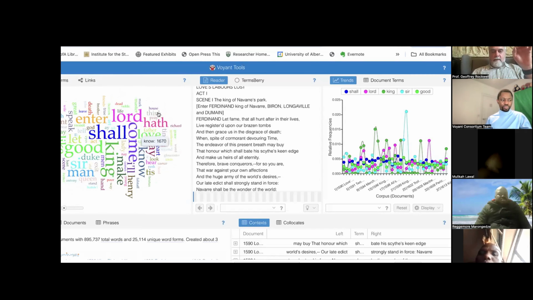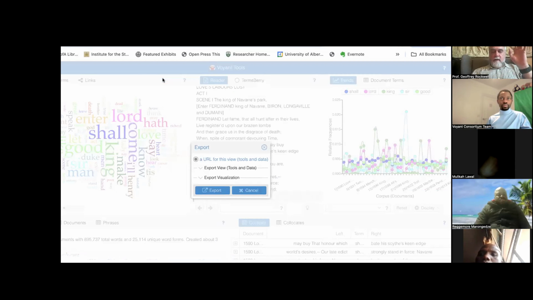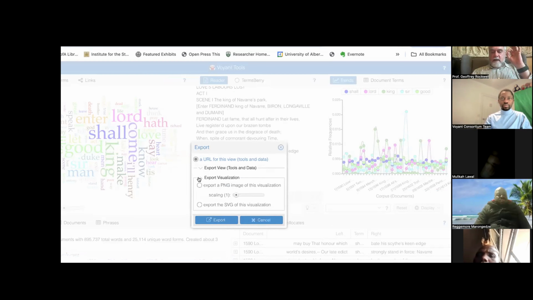Now, I'm going to go up here and show one of the extra buttons that you can access, and we have these for all of the different panels and tools. One of the main ones that you might want to use is something that allows you to export. So, for example, it allows you to export a visualization. I'll show,